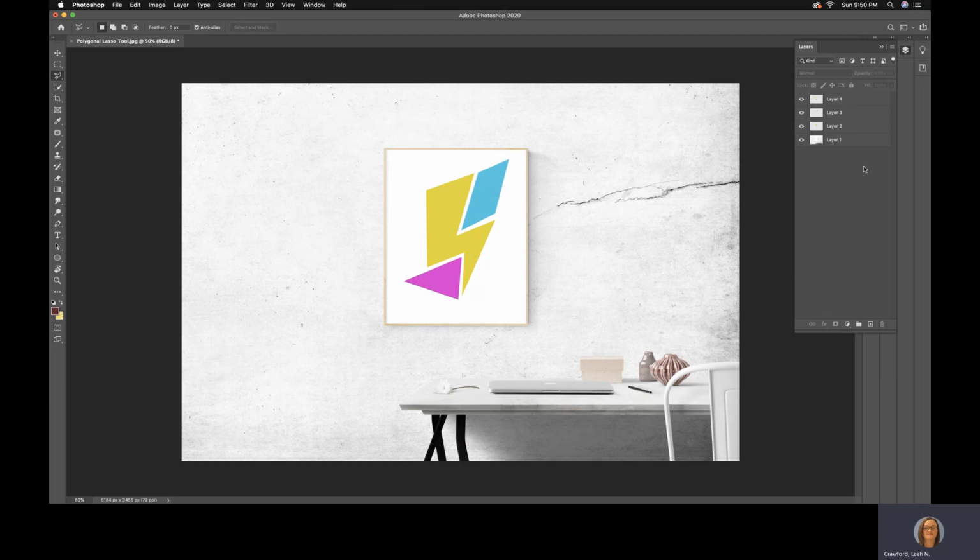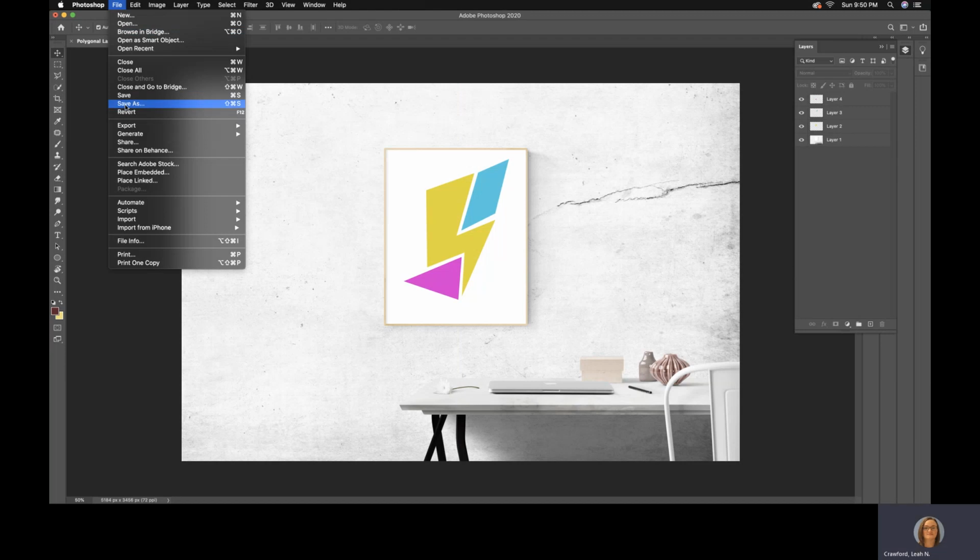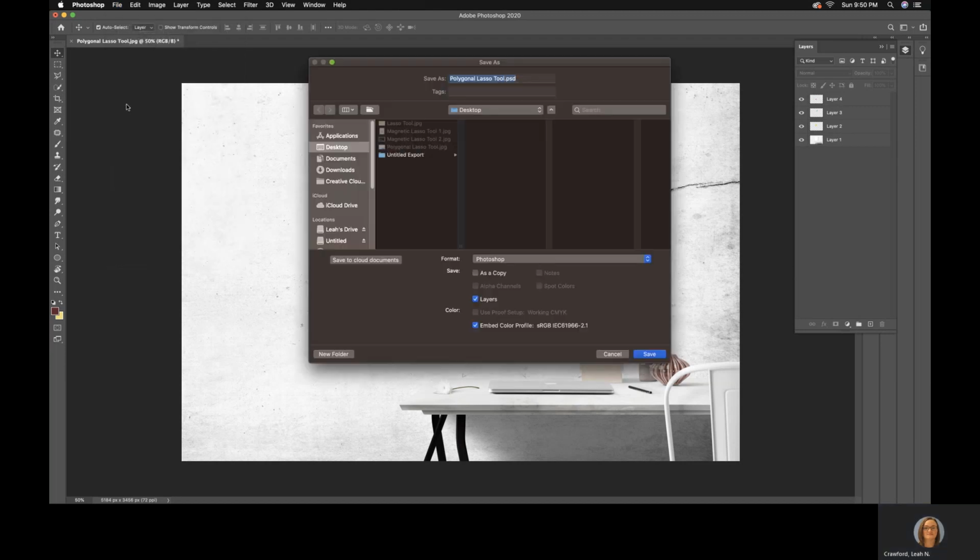Okay, and that's all we're doing for learning the polygonal lasso tool. As you can see, we've only just made selections with straight lines. It's very geometric, and that's all we need to do this image. So to save it out, we're going to go up here to File. We're going to go to Save As, and we're going to save this to our desktop or anywhere that we can readily access it to turn it in. So I'm going to change the title up here to, let's just name it our last names